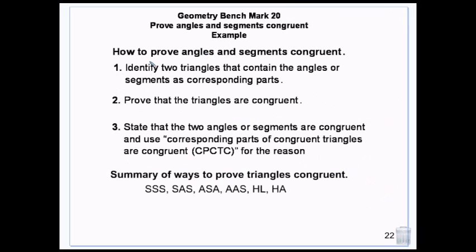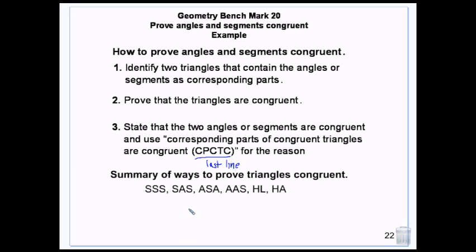Okay, so this is the one I was talking about on Monday where I said the last line of the proof is always the same. We have to prove triangles are congruent, and then once we prove the triangles are congruent, we can prove that a part of the triangle is congruent. So certain angles or certain sides are congruent, because if you have congruent triangles, then all of the corresponding parts are congruent, and that's corresponding parts of congruent triangles are congruent, or CPCTC. And on these proofs, this is always your last line